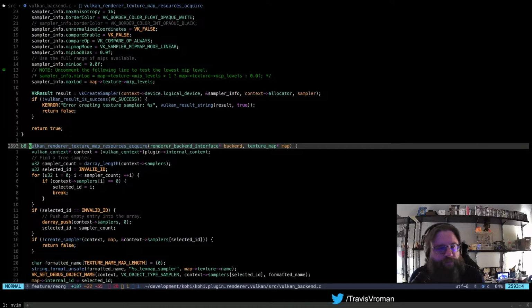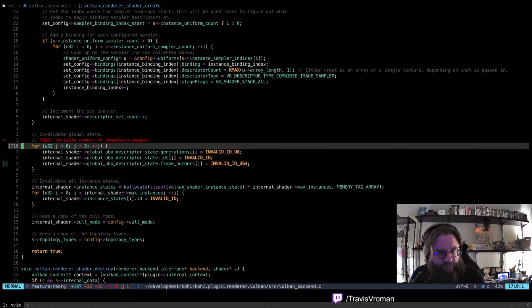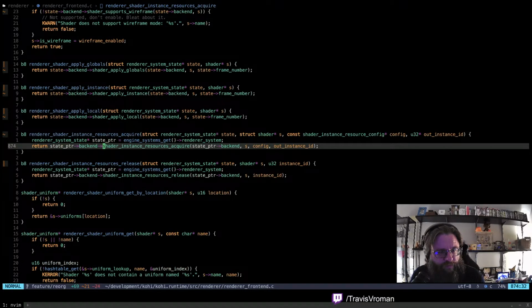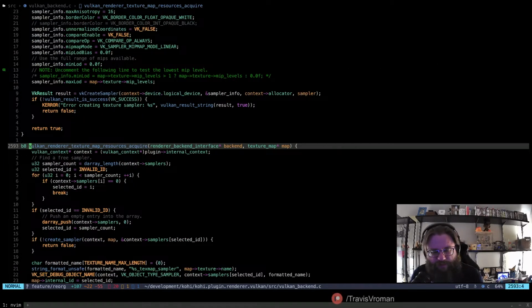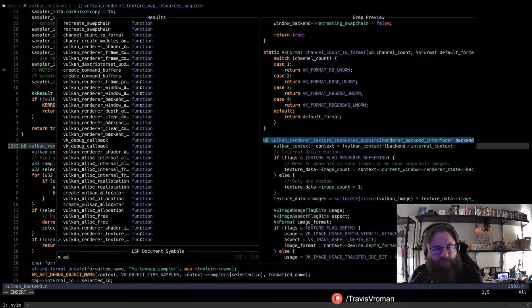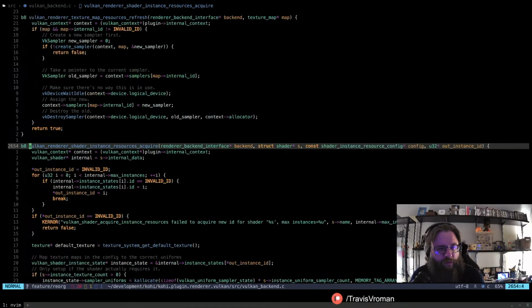Here we go. Texture map resources acquire. Wait, is that the same? Instance resources acquire. Wrong one. This is the one we want. All right, so we have our config.